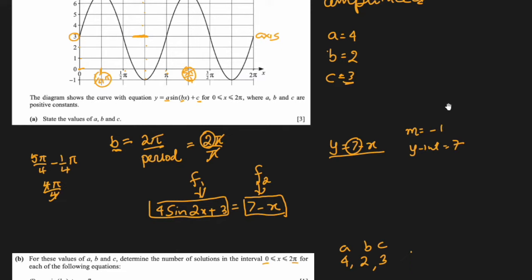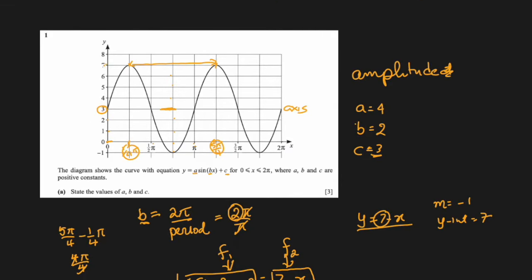So I will try to draw this on the same axis from 7. This is the y-intercept. Now since the gradient is minus 1, I should have the same 7 on this scale so that I can draw a line going down, because of the minus. So 7 has to be located here on the x-axis also. And we know that 2 pi is equal to 2 times 3.14, so 6.28. So 6.28 will be here, so 7 will be somewhere here. So I will draw a line which is like this